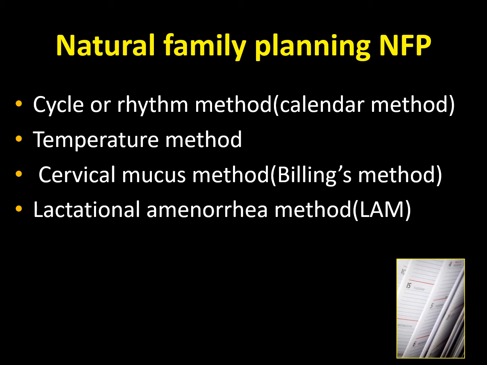Temperature method relies on a biological indicator of ovulation. We instruct women to measure their temperature daily in the morning when they wake up, and preferably at the same time. Whenever they have a rise in temperature for 3 days in a row compared to the previous 6 days, we tell them that they are not fertile at that time. The rise in temperature is very small, of around 0.2 degrees centigrade, and this can be explained by progesterone, which is a thermogenic hormone.